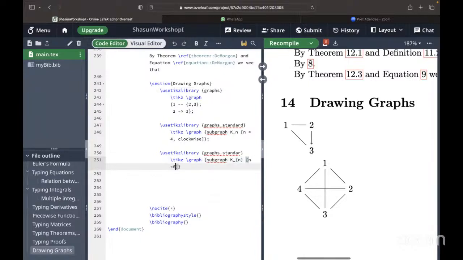Let's say n equal to 6 and clockwise. And we just compile this. Most likely it's going to show an error because